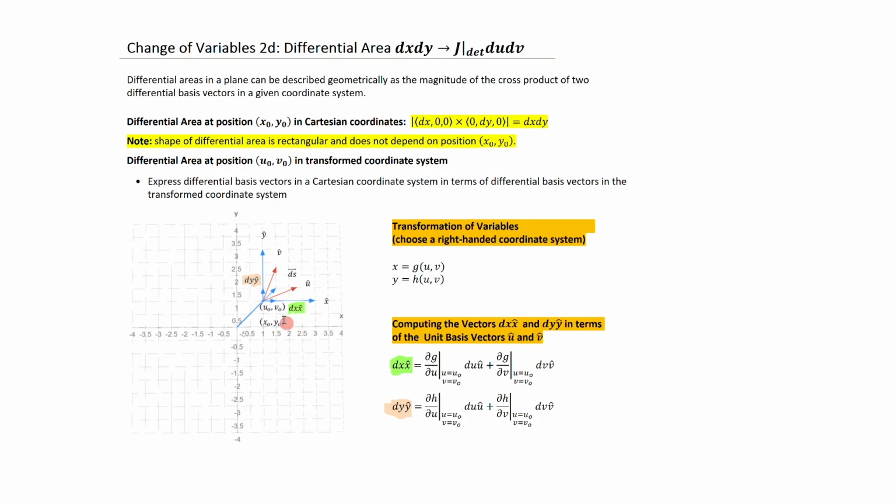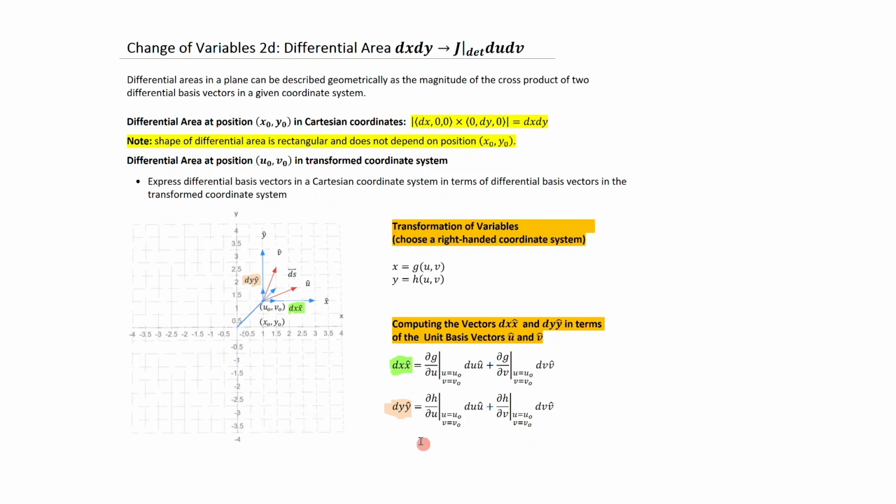Now, what we want to know is basically the relationship between u hat, v hat and x hat, y hat. Okay, so the way you do that is to compute the vectors dx x hat and dy y hat in terms of unit basis vectors u hat and v hat. And so this just means you take the partial of this function with respect to u, evaluated at the point of interest, du, u hat, plus the partial of g with respect to v, evaluated at the point of interest in terms of u and v,